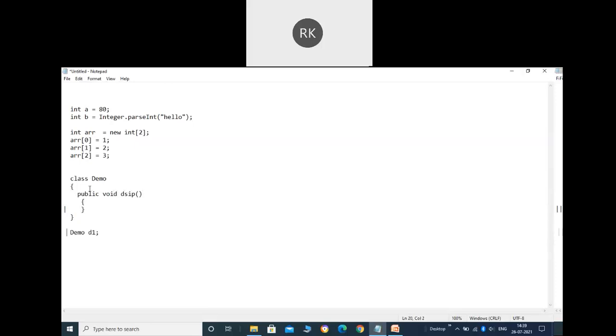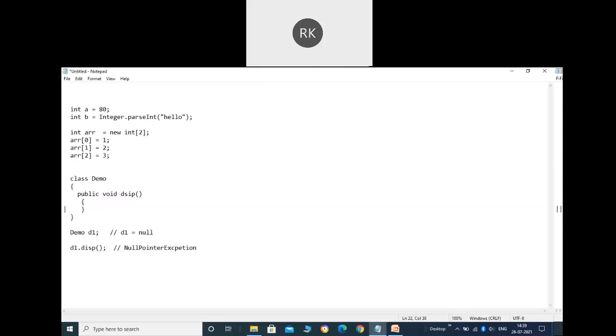Here you can see I have not created a proper object. I just specified d1. So if right now I'm printing the value of d1, what will it be? Can anyone tell me? The value of d1 will be null. So let's suppose in the next line I'm saying d1.disp. In that case, it will throw the NullPointerException.